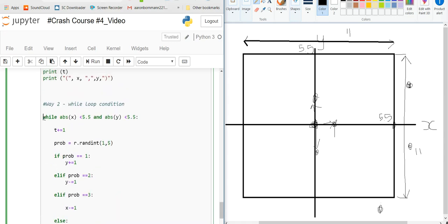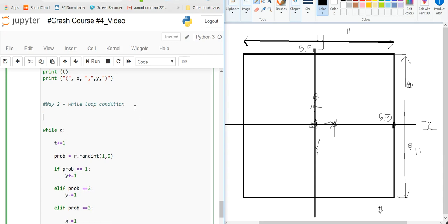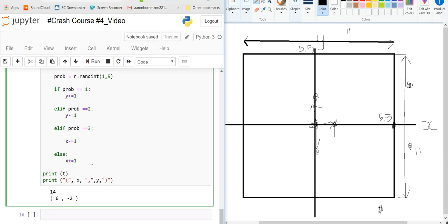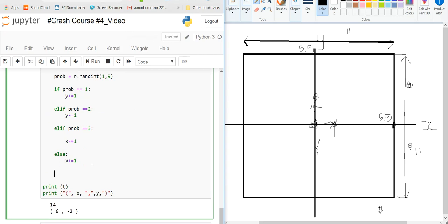Instead of just putting that, if you don't know what that should be initially, you can just say while d, and then set d equal to true, or even just say condition con is equal to true. So you know that's the condition, and then you put con, and then right at the end of all of this, you say if